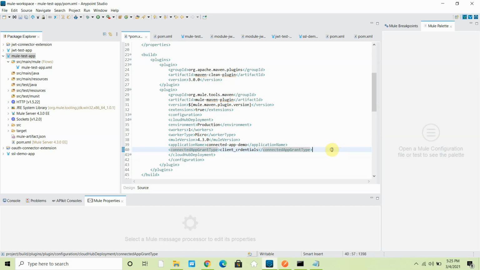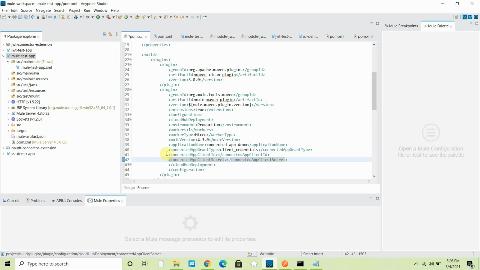Then connected app client ID, then connected app client secret. So these are the three tags that have been introduced for connected apps.